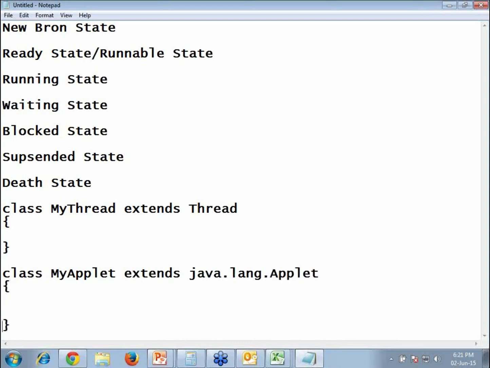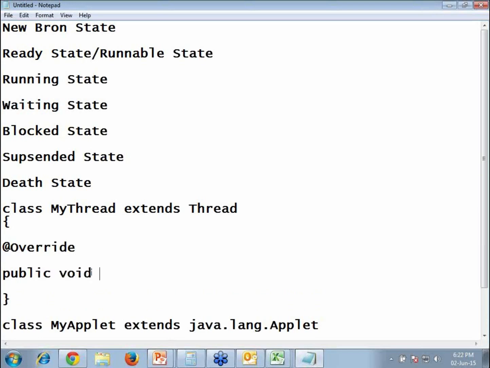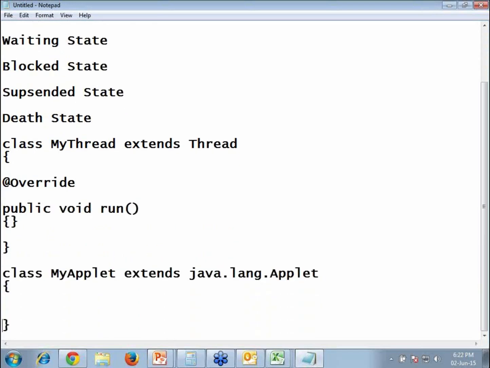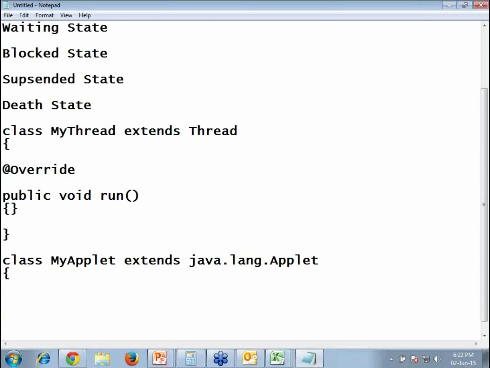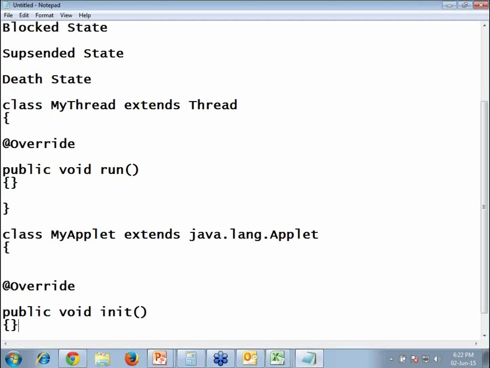Apart from this, we have to override some methods. For a thread, we override the run method, which we are familiar with: public void run. Similarly, for applets, we have some methods. The first one is public void init.